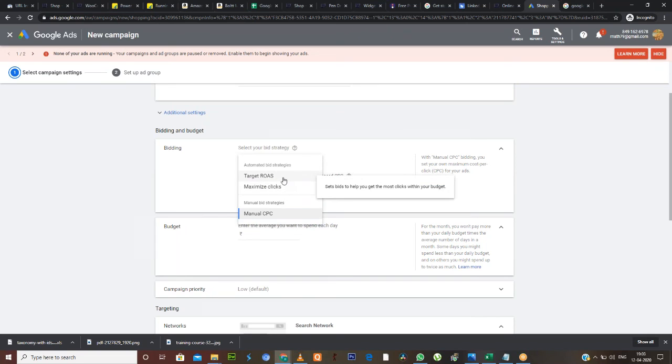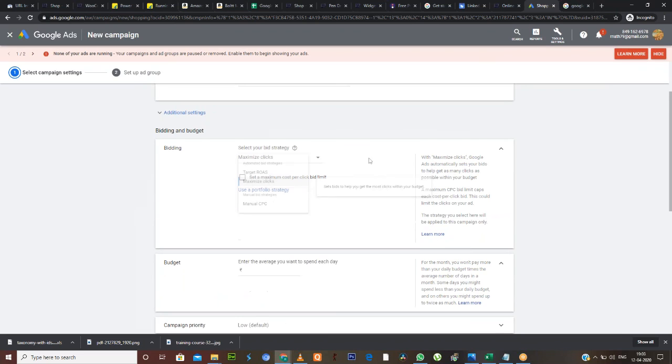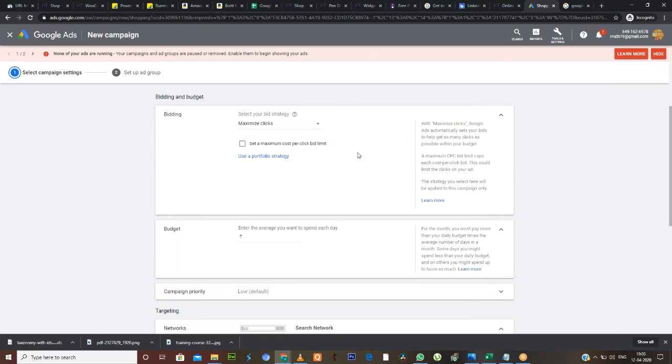Bidding will be, click on maximum clicks. So for whatever is appearing on your Google search engine result page, we keep the bidding strategy as clicks, because if clicks are not happening, then impressions are not going to help me much.